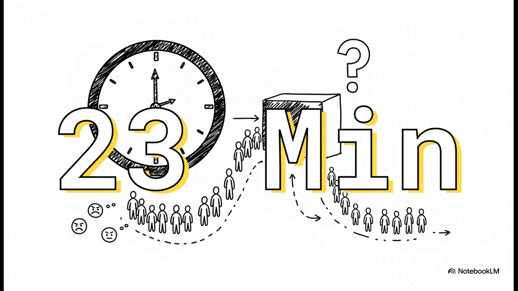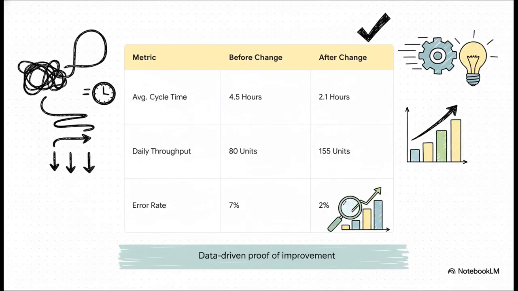Or how about this? Sometimes it's just one number that tells the whole story. After running a queuing analysis, the simulation found that, buried deep inside the process, your customers are waiting on average 23 minutes. You would never ever see that on a simple flowchart, but it's a huge problem that's killing your customer experience. And the cool thing is, once you find these problems, you can test your solutions before you roll